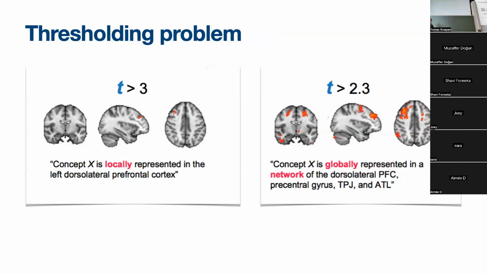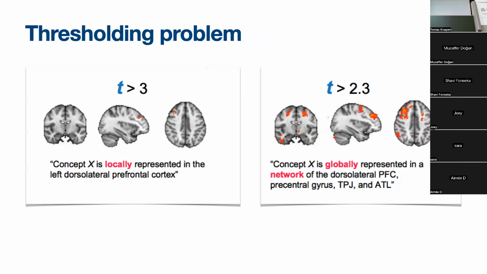And then you might find a single blob, and you might say, ha, this is that single region. So this concept X is locally represented in, let's say, some region like left dorsolateral prefrontal cortex. This happens a lot. But it's important to realize that you have this whole brain's worth of t-values, and what you've just done is